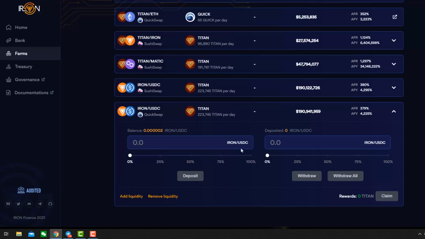So when this goes through, you should see it here, okay? You'll see it pop up here where it says deposited. So that hasn't gone through yet, so we'll just wait for that. Okay, so now it showed up right there, okay? So now I'm actually